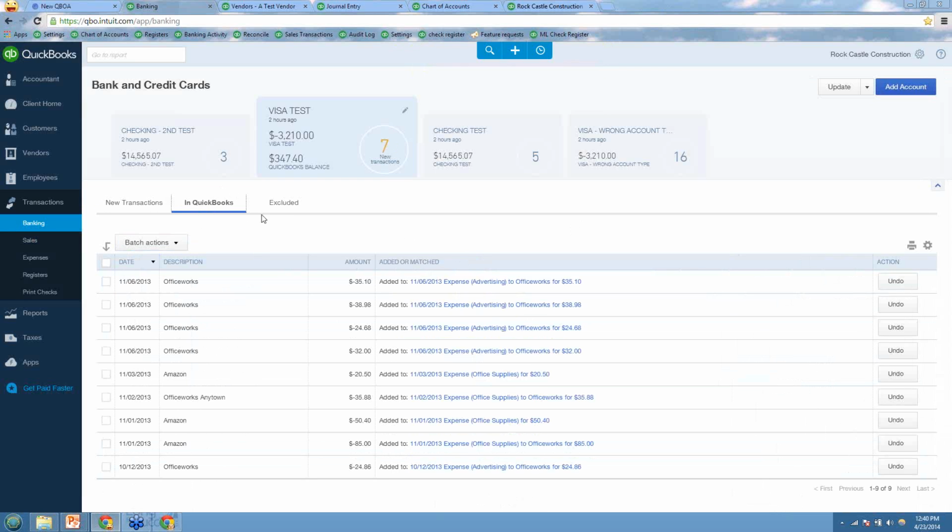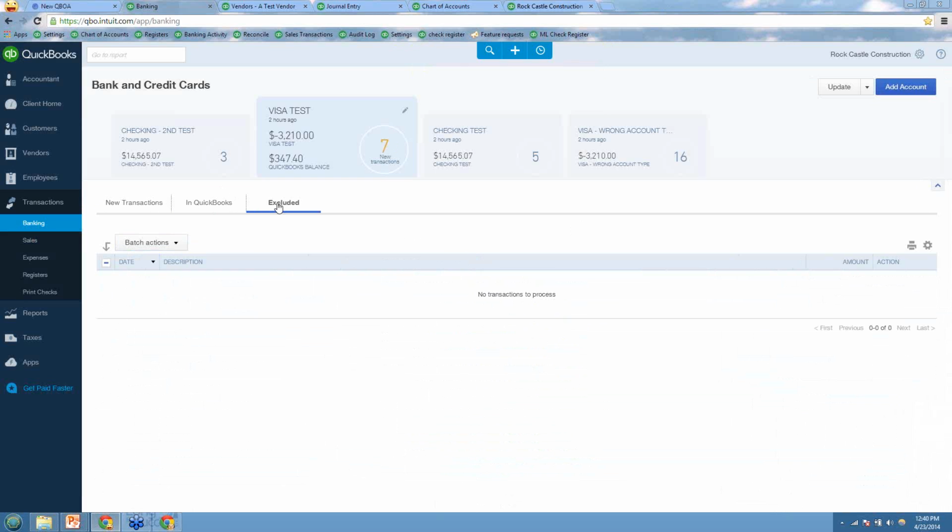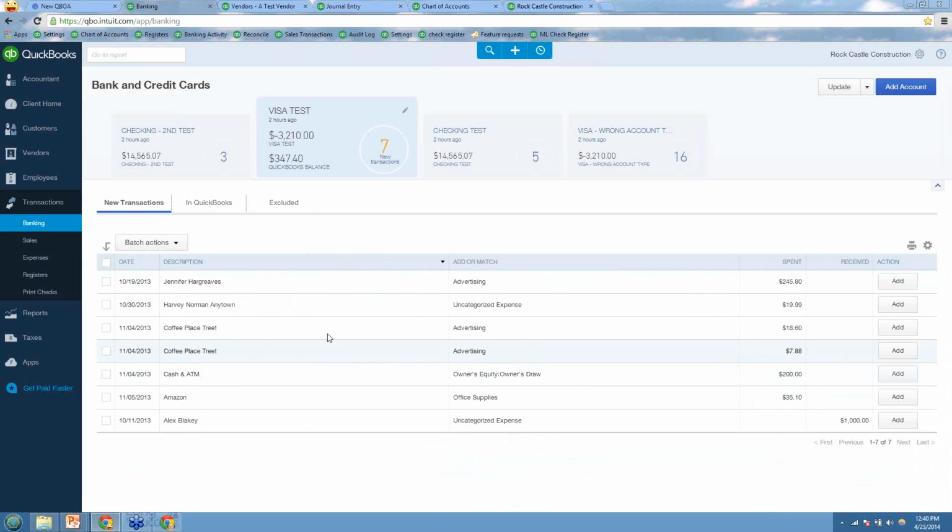So you can undo and move these things around. You leave them in excluded. They sit out there. I undid them, so they're not there anymore, but they don't actually go away. So one of the things, too, to keep in mind is when, and this is where we need to work